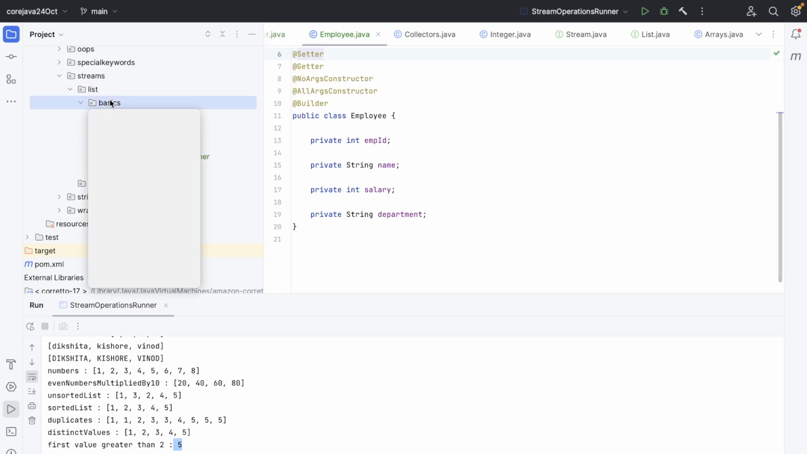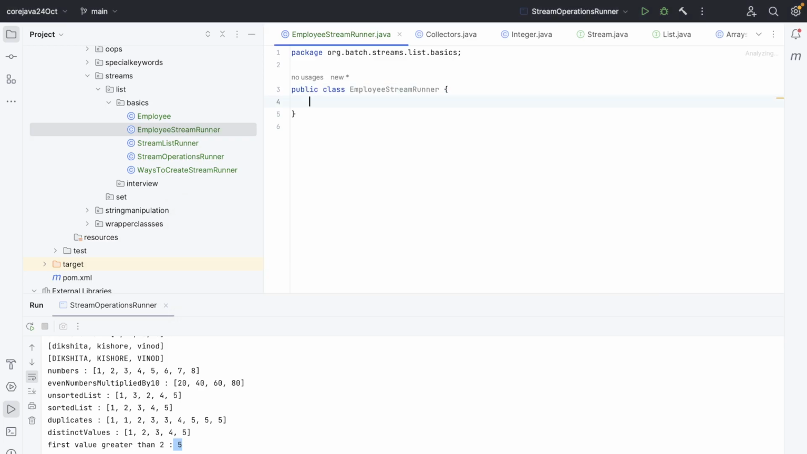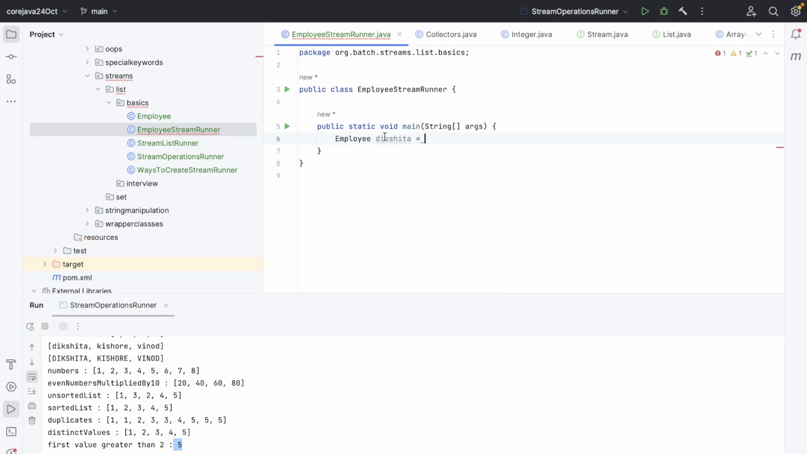And then, employee runner, stream runner. This is a very commonly asked interview question. So we need to create employees, and let's take some other name. So let's say Ram,